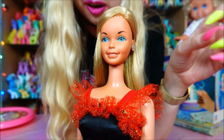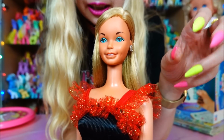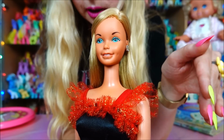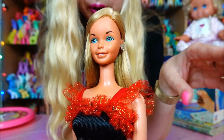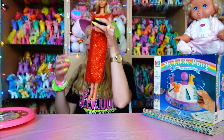like a silver kind of bathing suit and a long straight skirt of different glittery fabrics. There was also the super size bridal doll, in a wedding gown. I don't know if this was released later or not, and there was also a Quick Curl version in this size. So I don't know, let's grab a doll